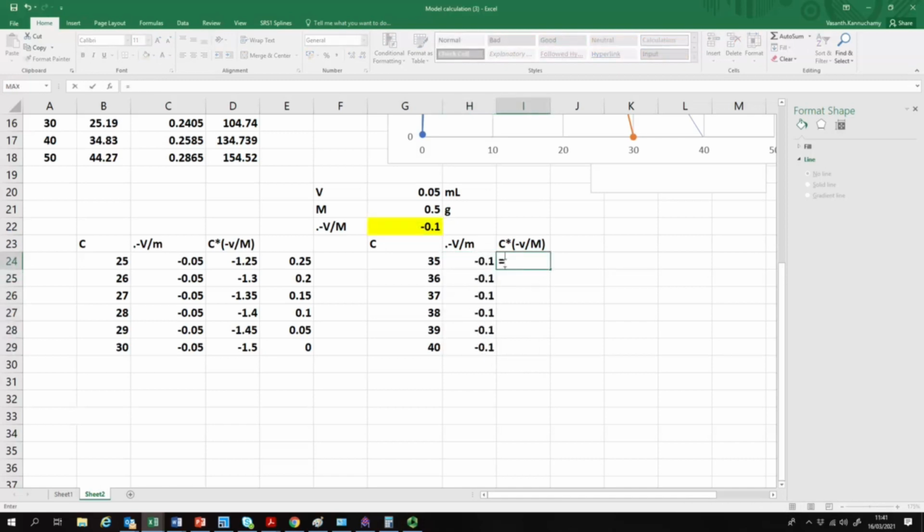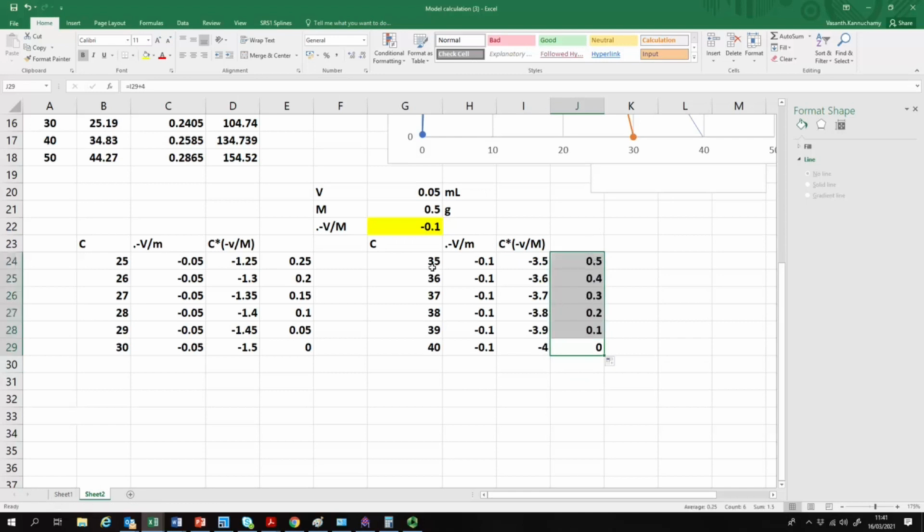So you just multiply this value. And then we have to make this value minus 4 to 0. That corresponds to your concentration of 40. So how to do that? Just add +4, that will make this value 0. Just drag and drop